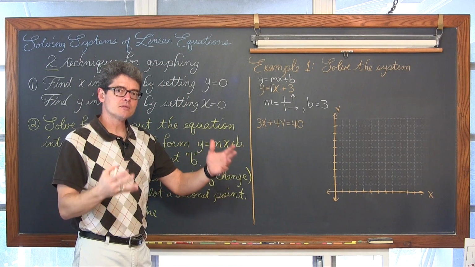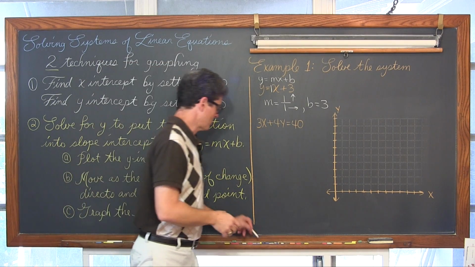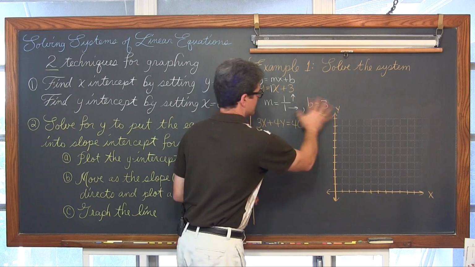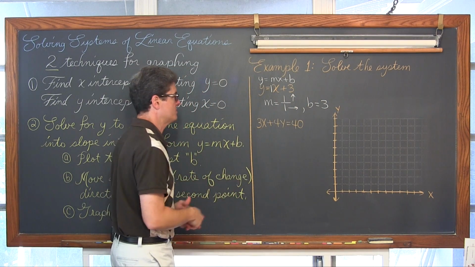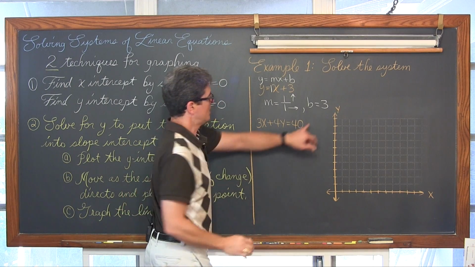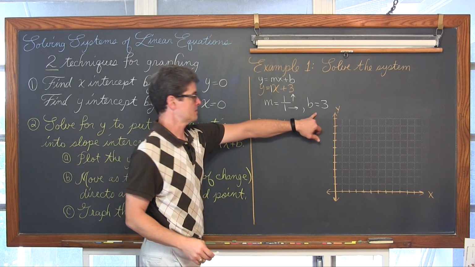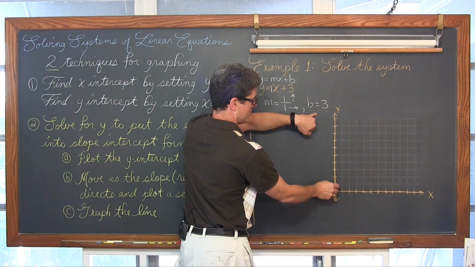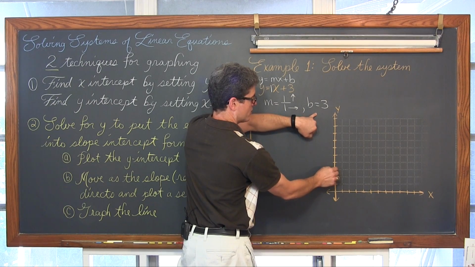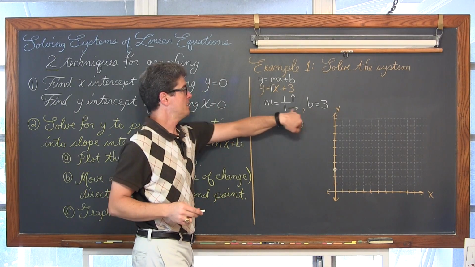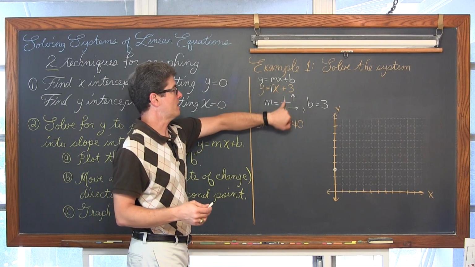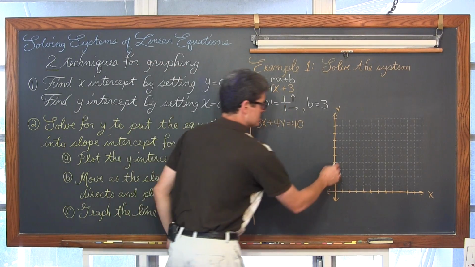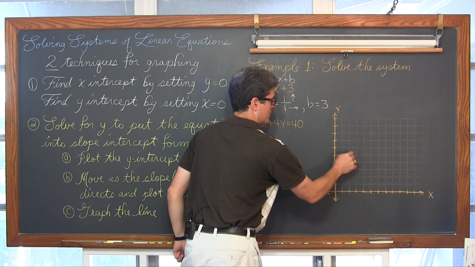Now, I have videos on graphing using slope-intercept form, and because of that, I'm hoping this is review. I didn't leave myself very much room to write directions and what step you do this and so on and so on. But you do want to do the y-intercept first. So we're going to come up to the y-axis at 3. 1, 2, 3. We're going to be placing a point, and then we're going to move as the slope indicates, which is with a positive 1, rise 1, and run 1. So up 1 over 1, up 1 over 1.